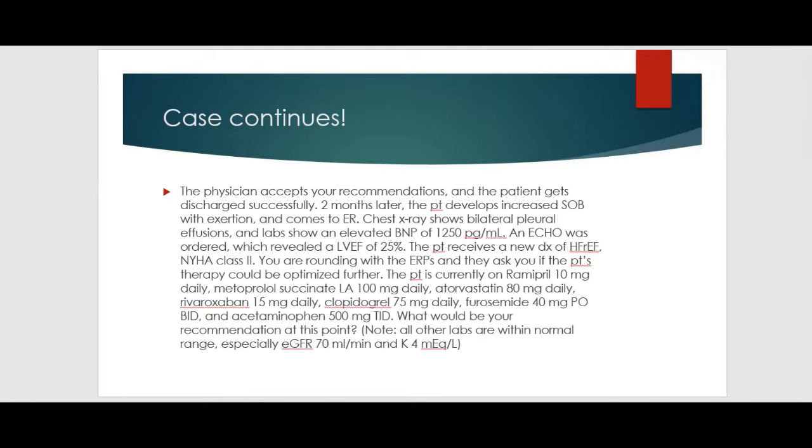All right. The physician accepted your recommendations. Congratulations. And the patient gets discharged successfully. Actually, before I get further into the case, so this patient was actually started on these medications right before the PCI,